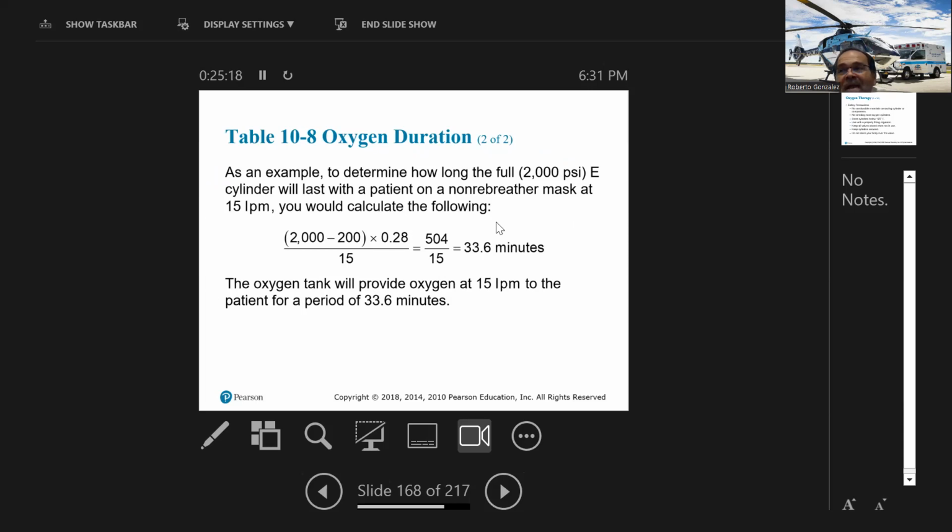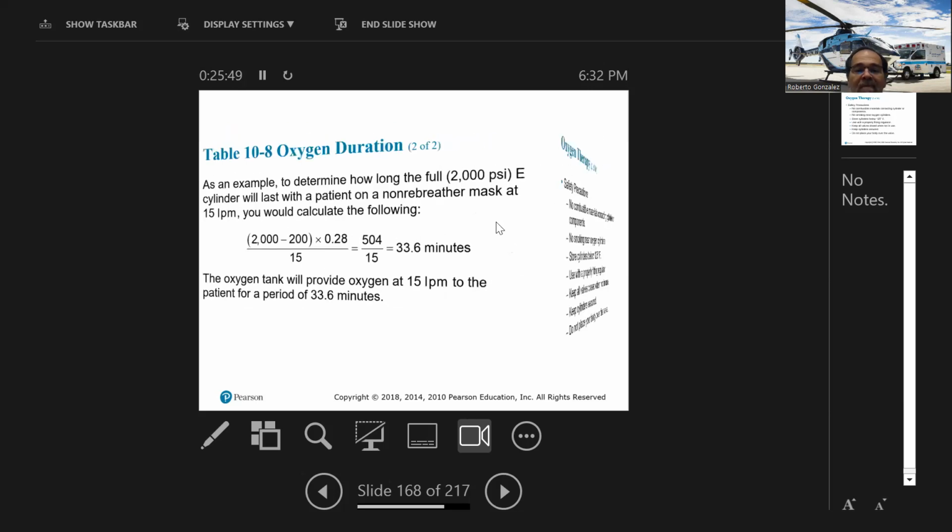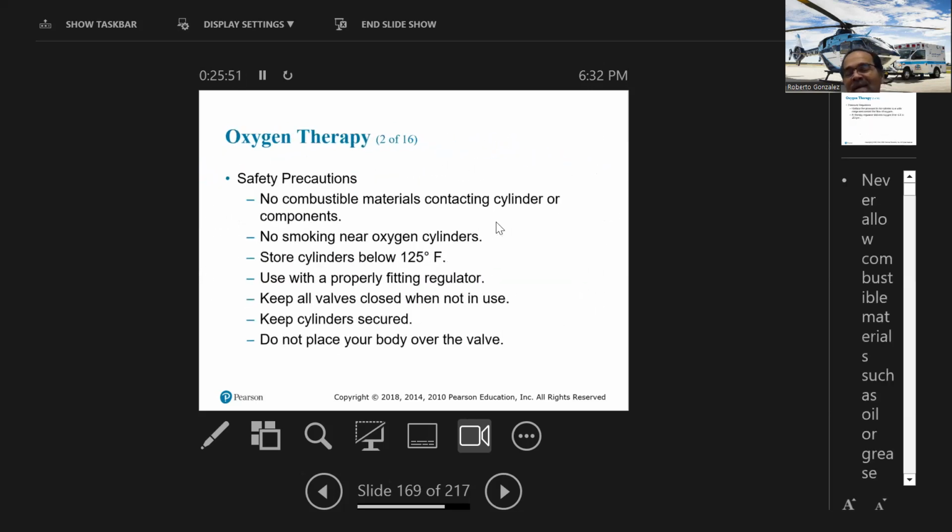So you might actually want to set up an alarm. Or if you put the non-rebreather mask on their face and you notice that he's not sucking in the residual bag, that little plastic bag that's attached to it, then you might be able to lower it to 10. And then of course have your pulse oximeter to find out if you're giving him an ample amount of oxygen. It's not a hard calculation, guys. You don't need to have a calculator. And if you do,